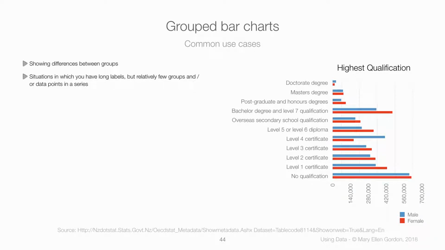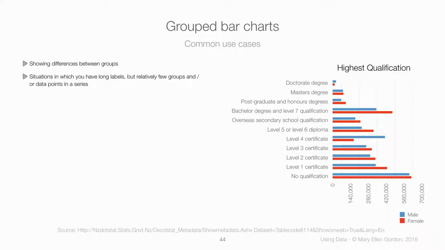Now we're going to talk about grouped bar charts. So, like grouped column charts, we're showing groups, in this case male and female. The difference here is we're going horizontally rather than vertically, so now we're in the realm of bars rather than columns. This type of chart, like grouped column charts, is useful for showing differences between groups, as we've done here,